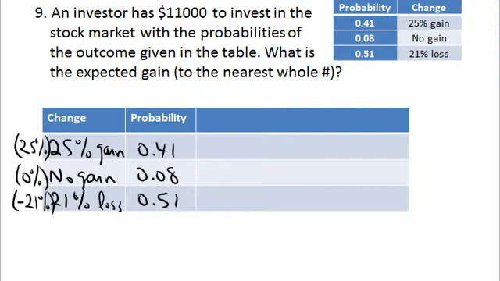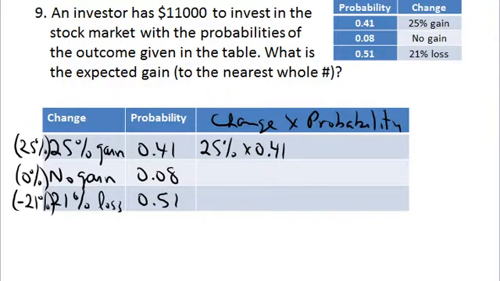And then, of course, to get the expected value, you're going to take the change and multiply it by the probability, as always. So you'll get 25% times 0.41. You'll get 0% times 0.08, and you get negative 21% times